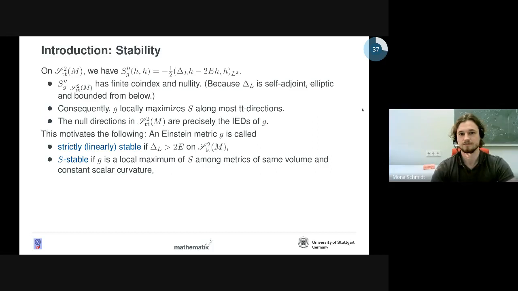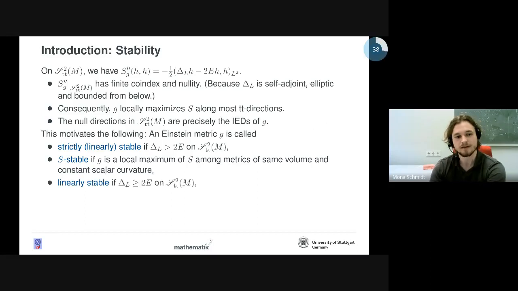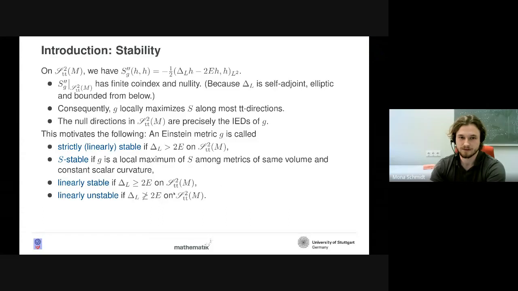And we call it S-stable. So this is not linearly, but in the global or local sense, but not in the infinitesimal sense. If g is a local maximum of S among the metrics of the same volume and constant scalar curvature, we call it linearly stable if we have greater or equal than here instead of just greater than, and we call it linearly unstable if this is not the case, meaning that there exists some symmetric TT tensor